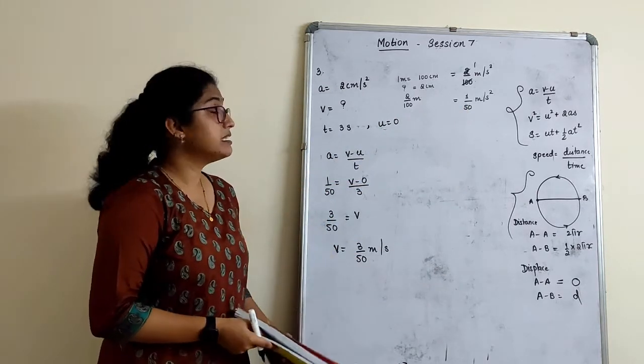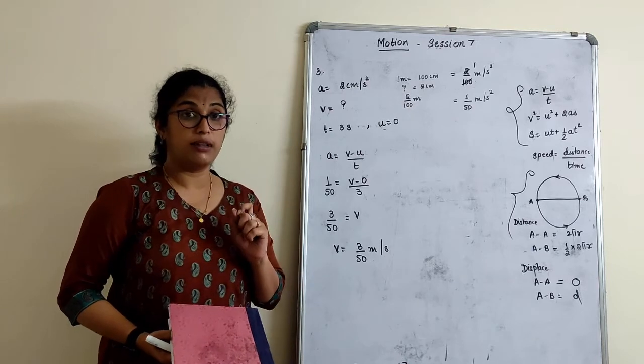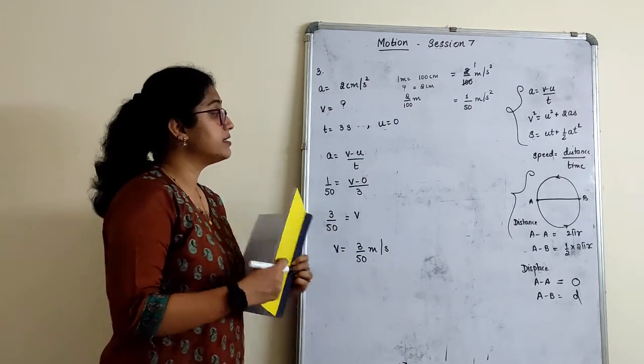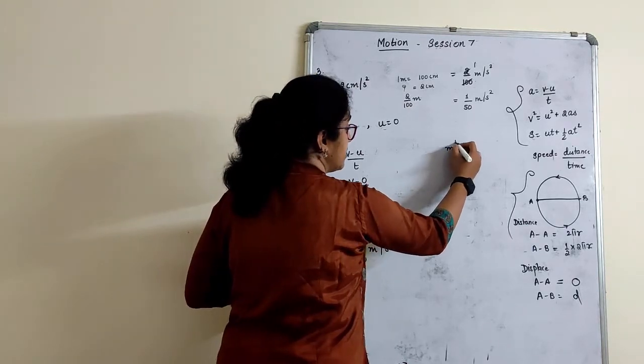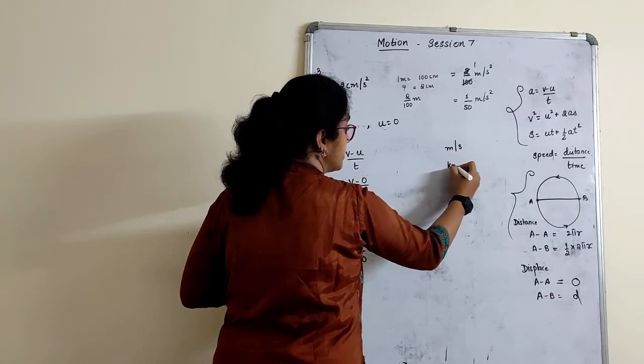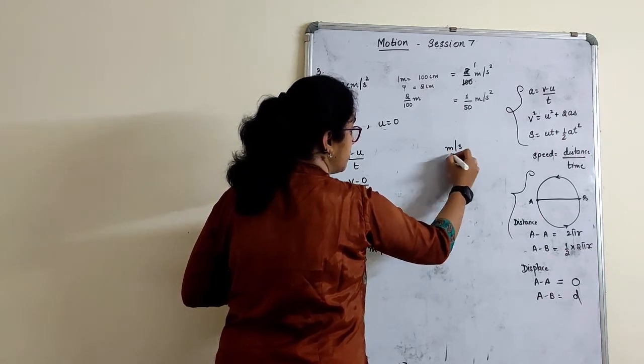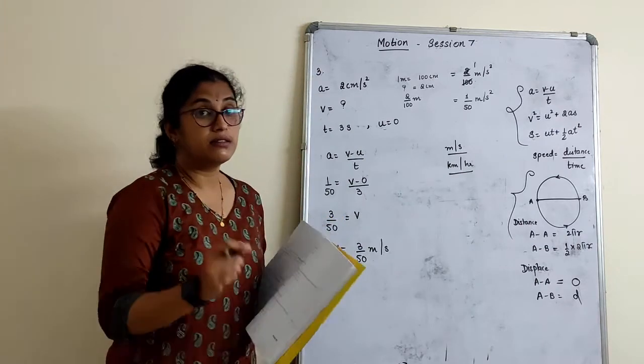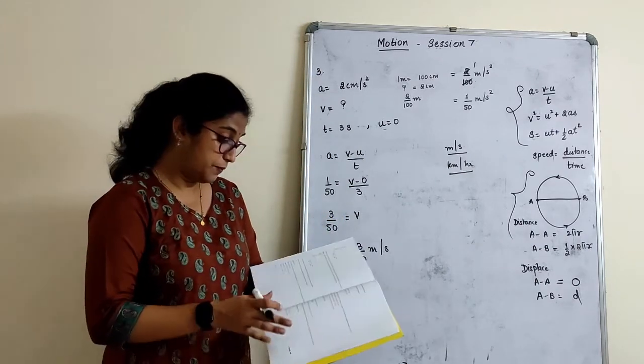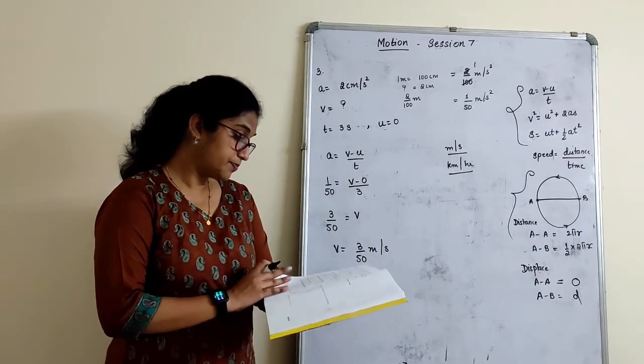Children, if you keep that in centimeter, answer will be in the whole number. But what is my thing is, whenever it is in meters, it should be in second. Whenever it is in kilometer, it should be in terms of hour. That's the rule what we follow. Okay. Go with the next one.